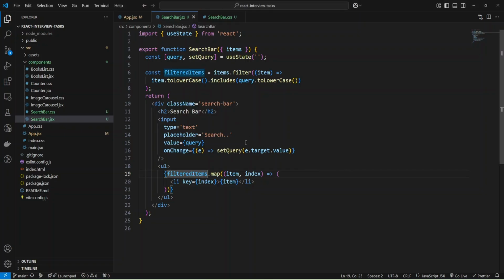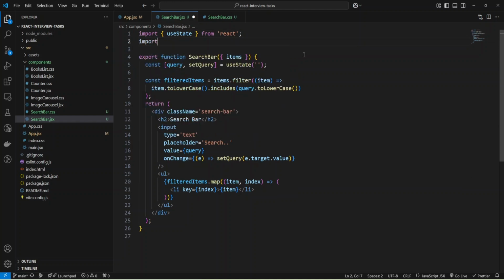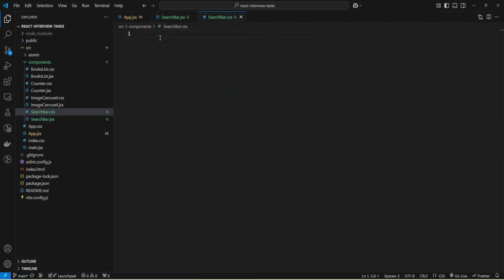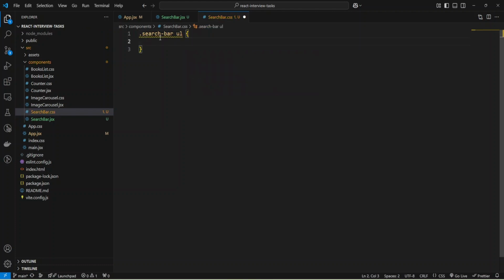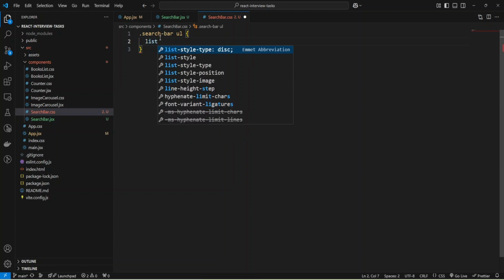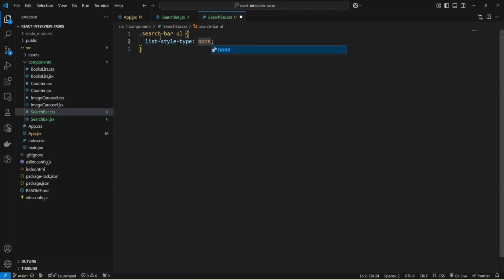And now we can add styles, and for that I'm going to import my SearchBar.css, and let's use this class name and add some styles, and I'm going to add styles for the unordered list, and I'll add list-style-type and provide none.